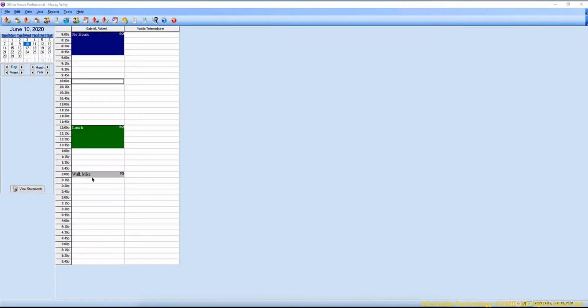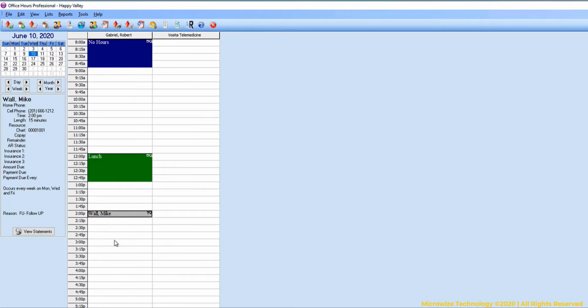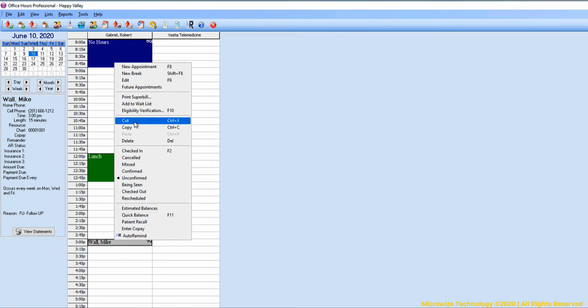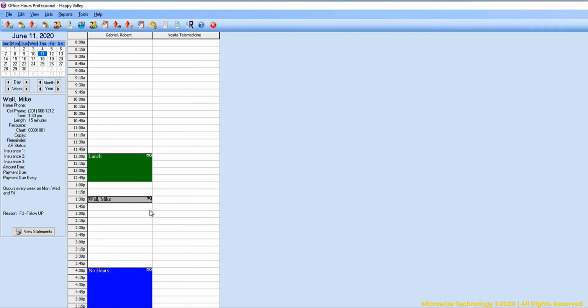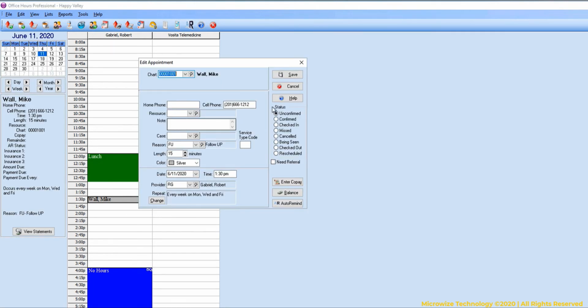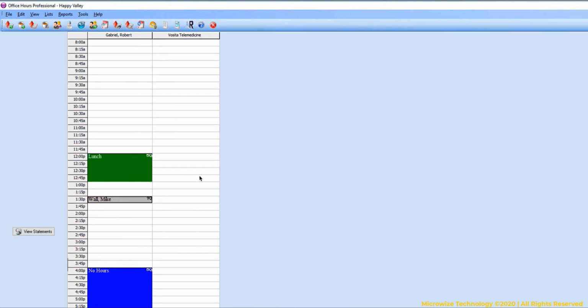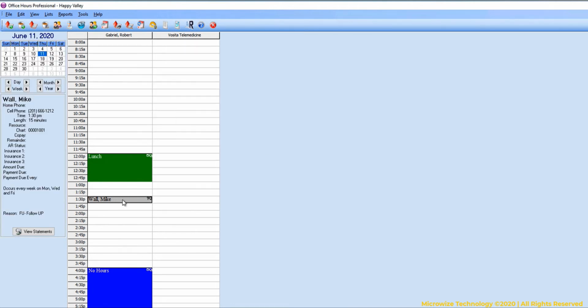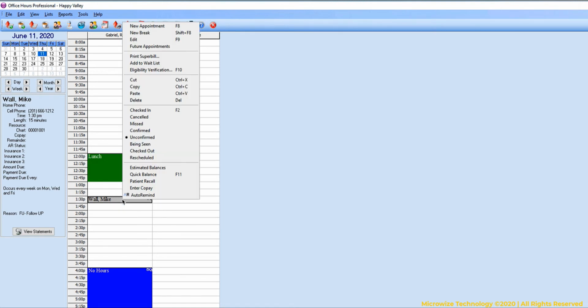Rescheduling an appointment. Obviously, you can drag and drop, you can cut and paste. However, there's a more sophisticated way to reschedule to avoid adding notes to document why you rescheduled or when you rescheduled from. So if you use the more sophisticated way of rescheduling with a reason, if I right click here